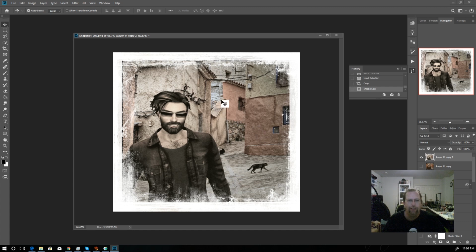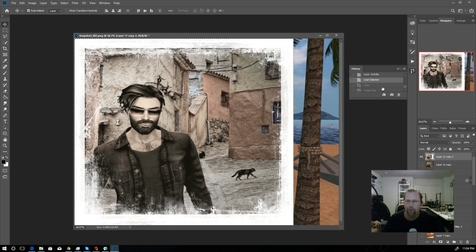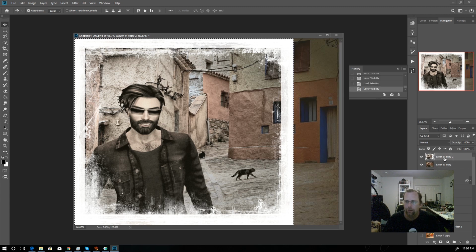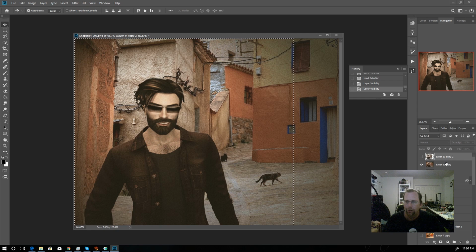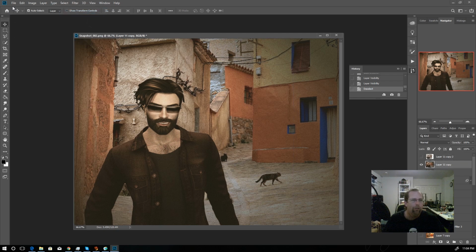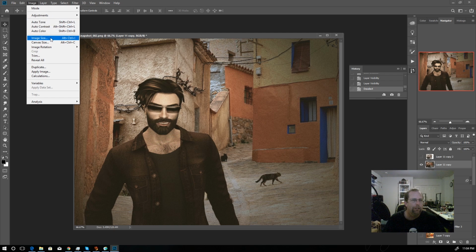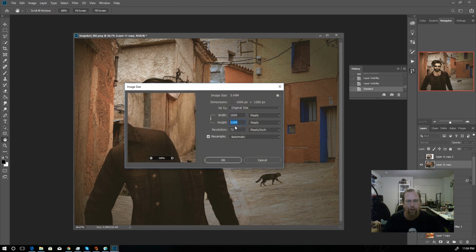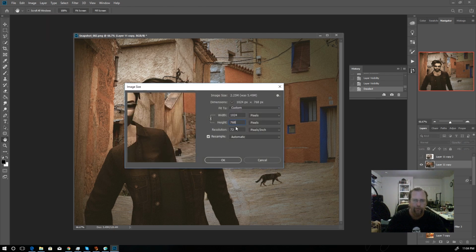Let's go back before we crop it. Let's go back before we did that effect. I love that effect. I'm just going to hide it though. I'm going to select and deselect here. We need to go with our image and adjust the size. We need to make this 768. So at this point, we make our image the 768, and now we'll go ahead and